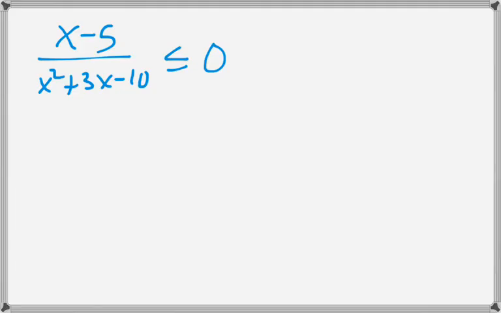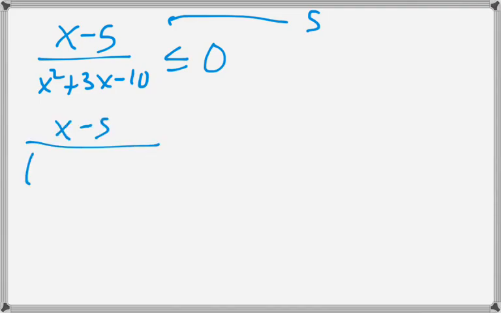All right, here's our next example. We have x minus 5 over x squared plus 3x minus 10 is less than or equal to 0. So the solutions will be numbers that make the left side either negative or equal to 0. So to split up our number line, we need to see where the numerator and denominator are 0. So we know that the numerator is 0 when x is 5,